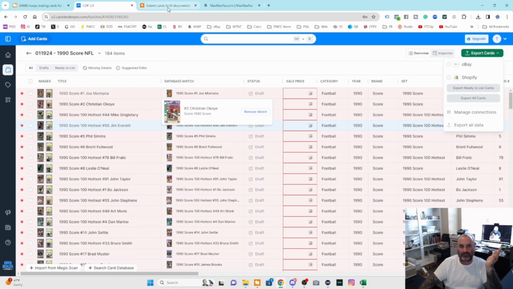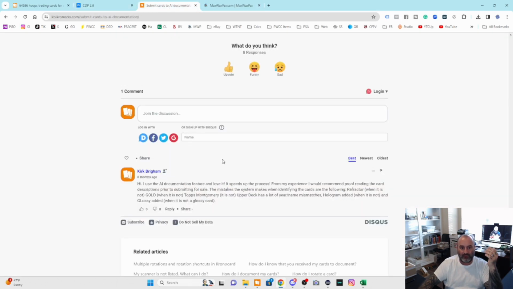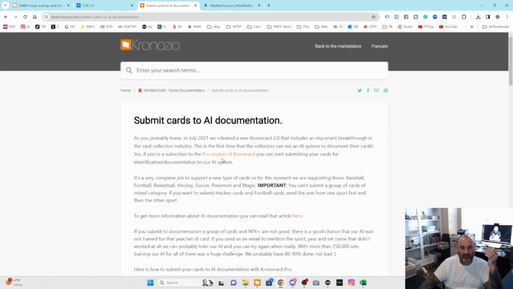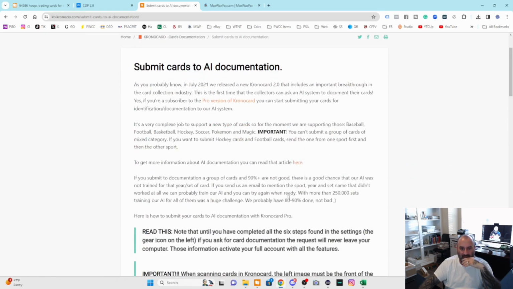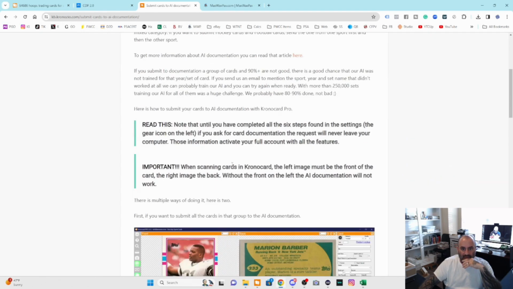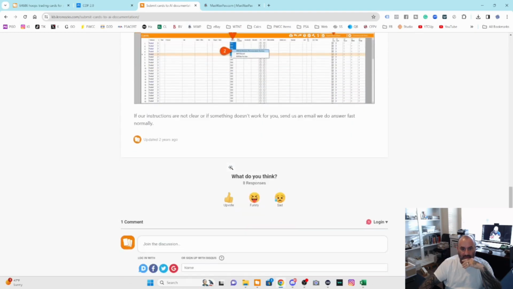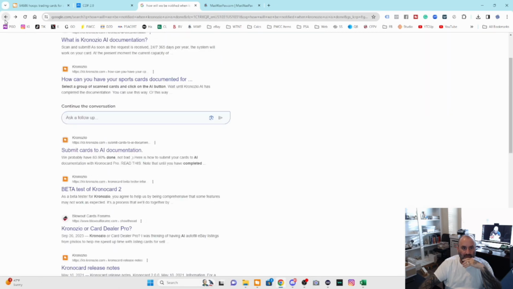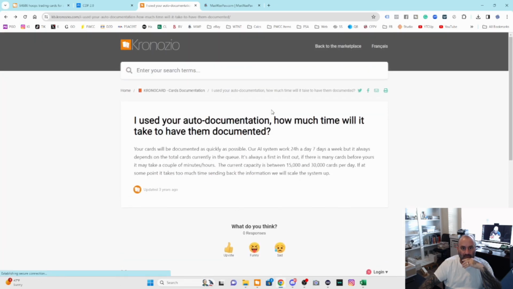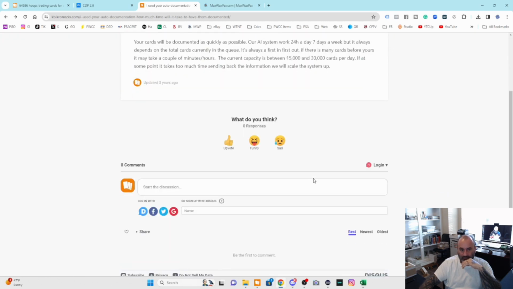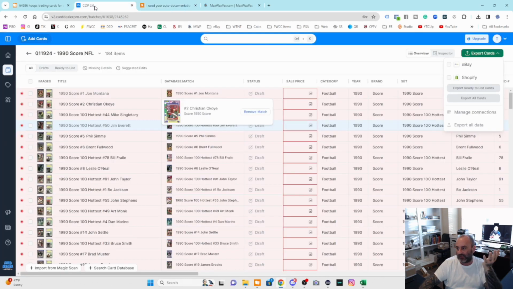So I would guess the offset is going to be the price, okay? I think this is submit a card to AI, and I think they had it here. I was reading about it. I don't remember where it was, maybe it's in the last one. I can't remember. Here, how long? Okay, so the capacity is between 15 to 30,000 cards a day, 24 hours a day, 7 days a week. That's a big difference, by the way, 15 to 30,000. I assume it's because of the cost, but in either case,